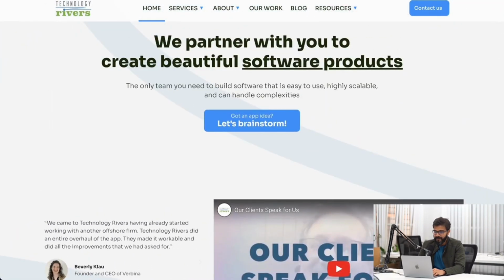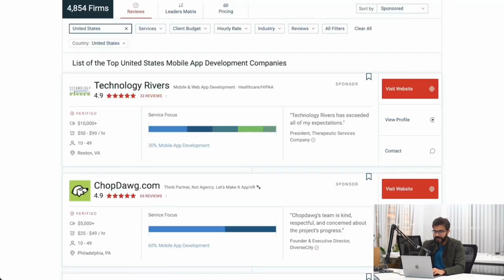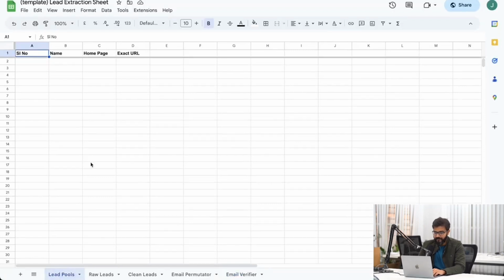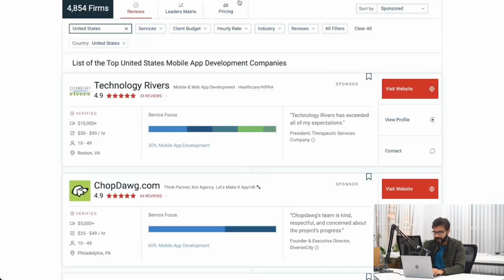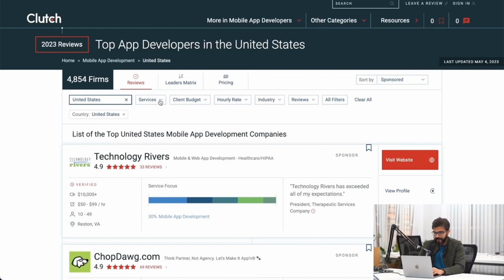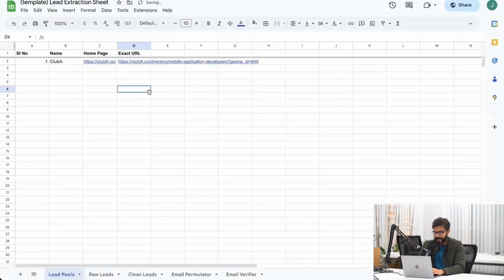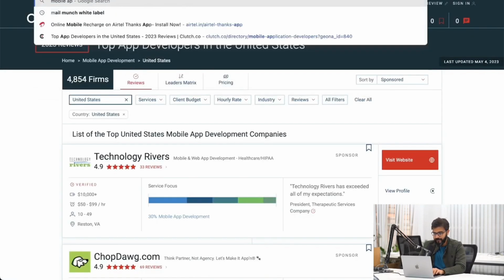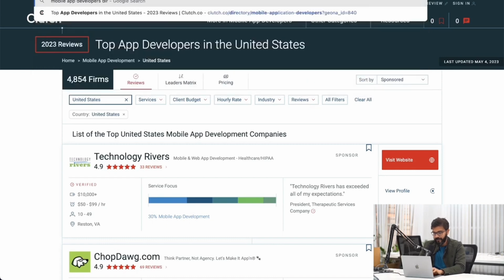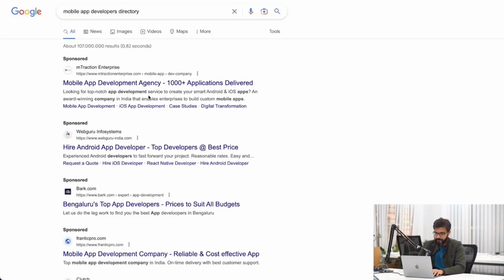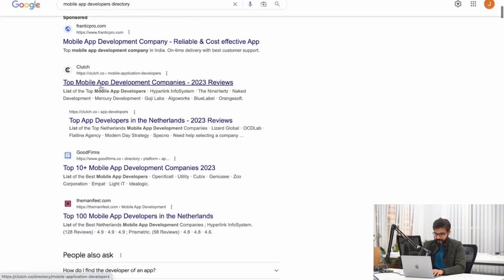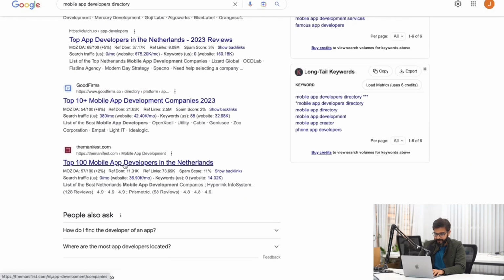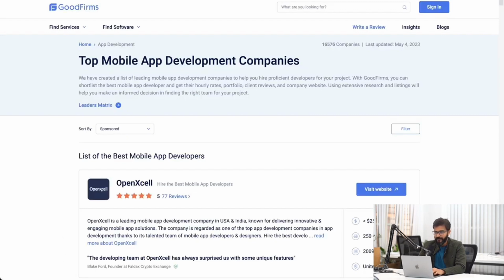Now these are some tools. So what we do is we just list out this kind of directories to begin with. So here if you go to the lead pools, I'll put one, clutch, and the homepage URL is this. The exact URL of the companies, like the mobile applications search page, I'll just copy and paste here. So clutch is one, and if we are going to look for, let's say, mobile app developers directory, you'll find a lot of these. Only clutch.co is coming. GoodFirms is coming. The Manifest is coming. You just find out wherever these